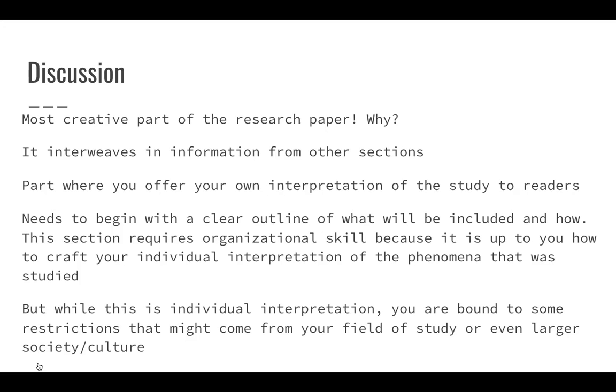And you might have restrictions that come from larger society and culture, because of course, for a lot of things in society, once again, this is what makes studying human society so interesting, but also convoluted. A lot of these